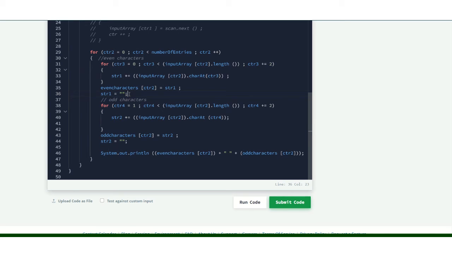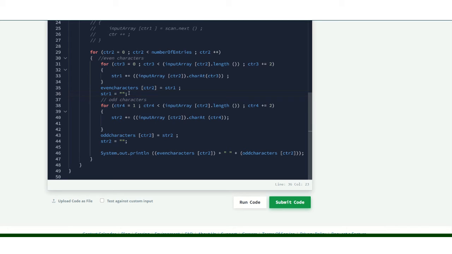This is because when we forget this line, str1, when it runs for the second time, will have all the even characters of the previous loop plus the even characters of the current loop. So suppose we take black. The first time it will separate B, A and K and store them in even characters at ctr2.